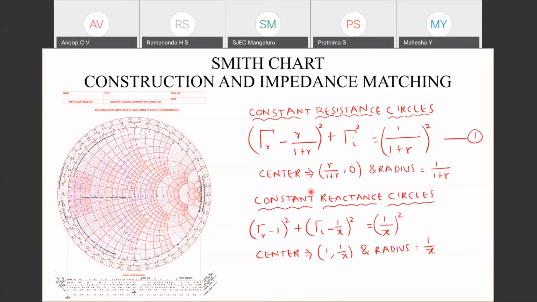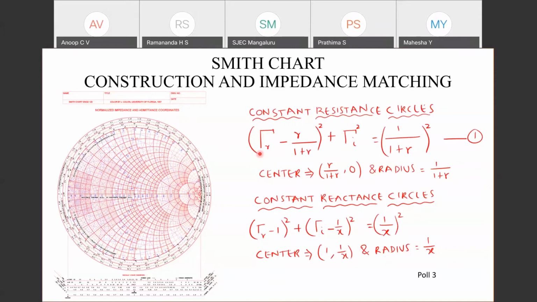Now at this point, I request Jitesh to launch another poll just to make you feel how GeoGebra can make you visualize some mathematical expression. Jitesh, can you launch the third poll? There is a question: as x increases, the value of the function x by x plus 1 tends to, the options are 0, 1, x, and x plus 1. I have taken it as a sub-problem of the Smith chart problem.